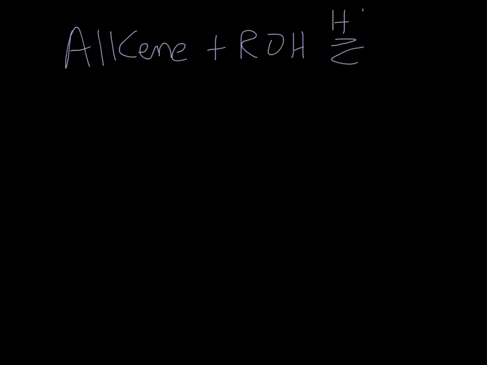We can also synthesize an ether from an alkene and an alcohol under acidic conditions. So in this case, it would be the alkene that gets protonated. So depending on what alkene you use, if you use an asymmetrical alkene, you can be sure of what carbon is going to end up with the positive charge on it, because it will give you the most stable carbocation intermediate. In this case, let's take this guy and we'll add